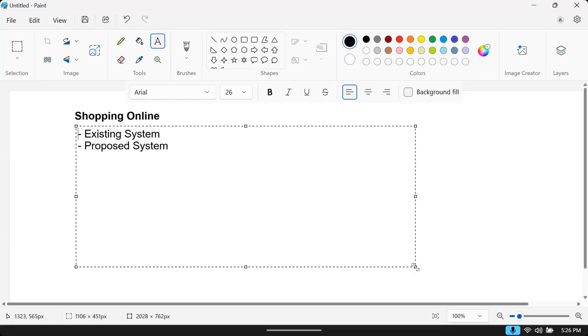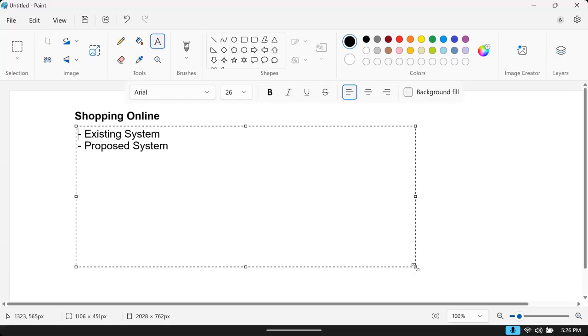You have to physically visit and bring it. And if you want to return, again you have to visit the store physically. This is all called the existing system.